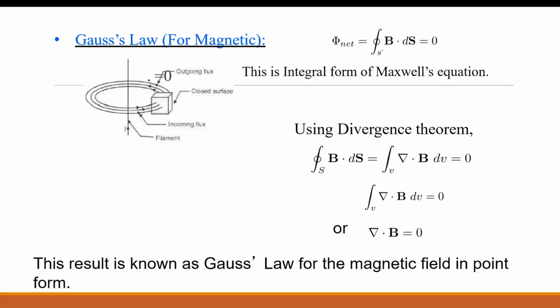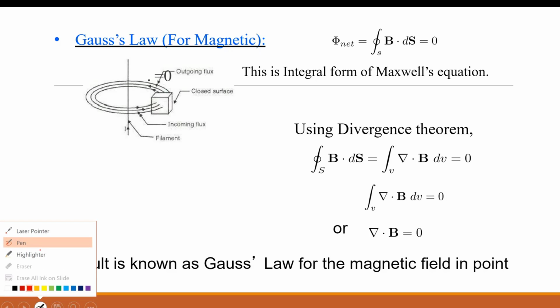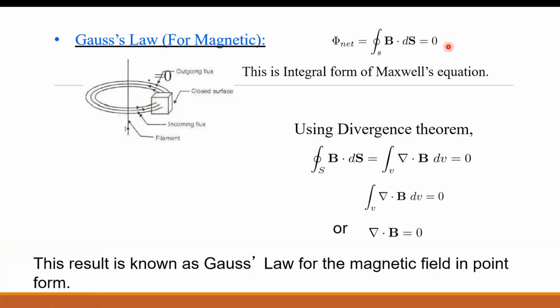Just as we saw D bar in the electric field, in the magnetic field that is known as the magnetic flux density B bar. And if I take the dot product of B bar dot dS bar, okay, magnetic flux divided by area multiplied by area, then only the magnetic flux will remain. So what is the equation? Phi net is equal to the closed surface integration of B bar dot dS bar.